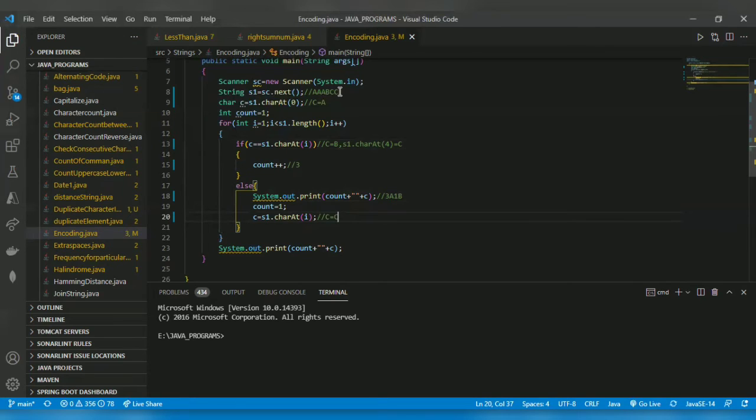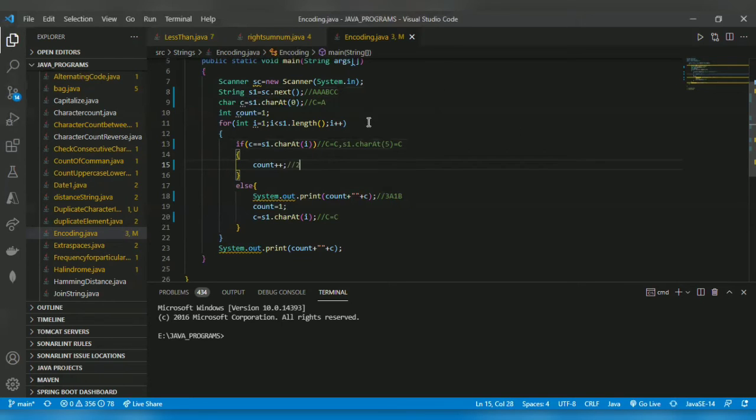Then it will come here. Now i is equal to 5. For i is equal to 5, c is equal to C. Then s1.charAt(5) equal to C. It satisfies the condition. So the count is initially 1, the count will get to 2.